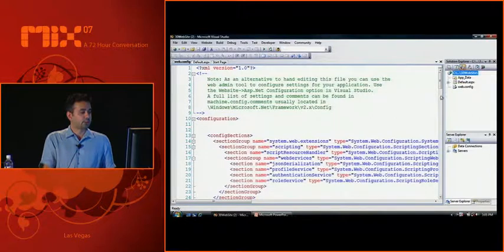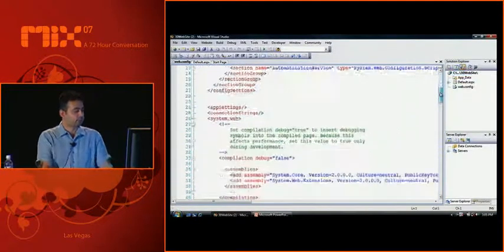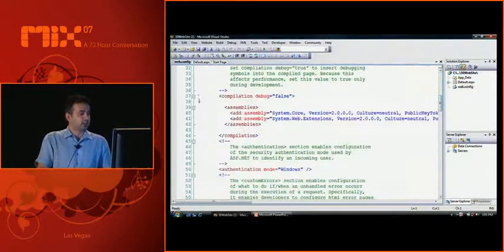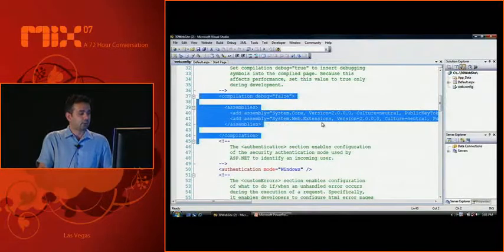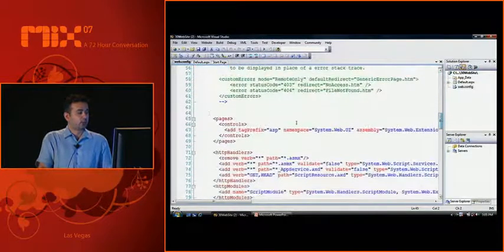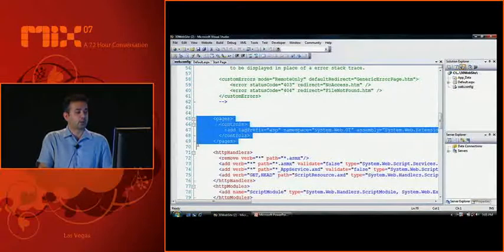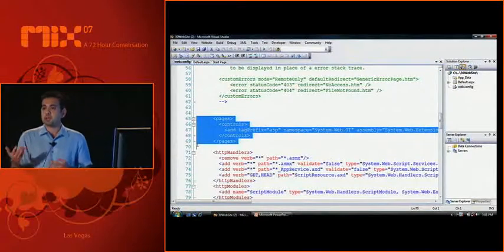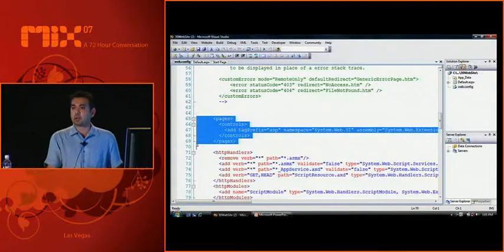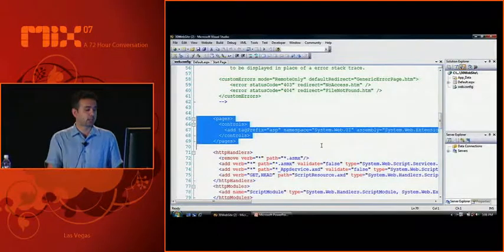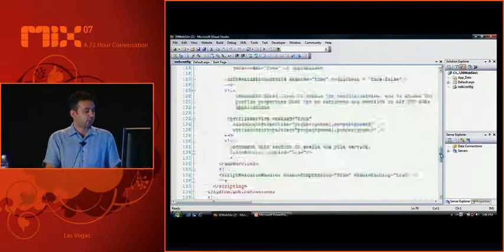The other thing you'll notice is that inside the web.config file, I can actually see that we're adding default references for those things. We've also added a tag prefix so that all the new controls that come in ASP.NET 3.5 continue to get the asp colon prefix when you're programming against them inside of your markup. As well, if you scroll further down,